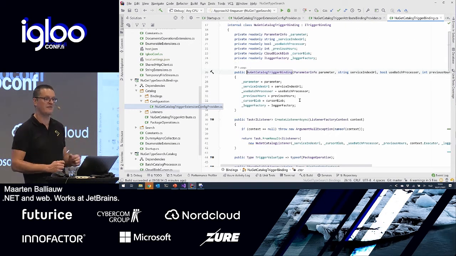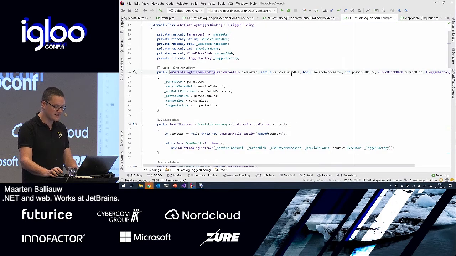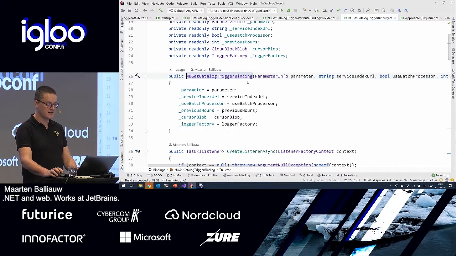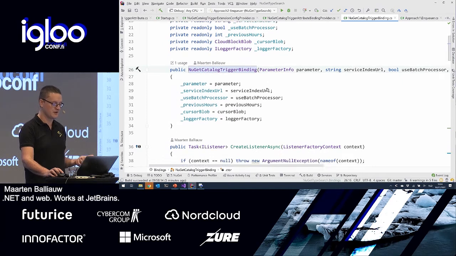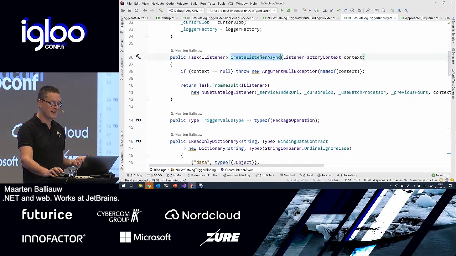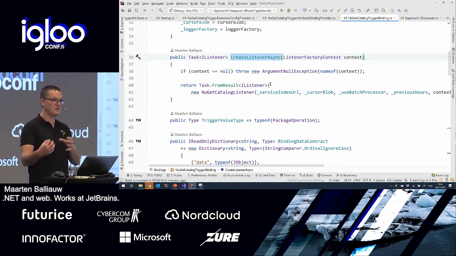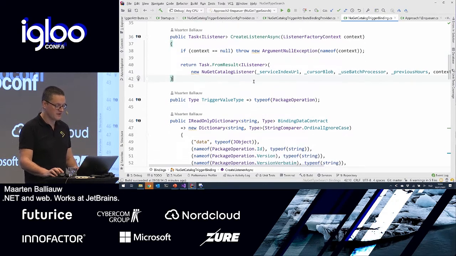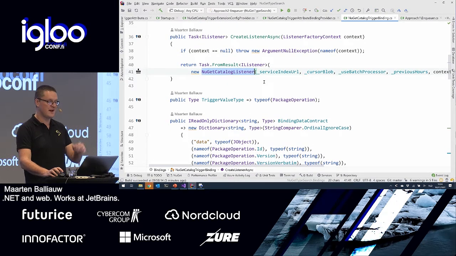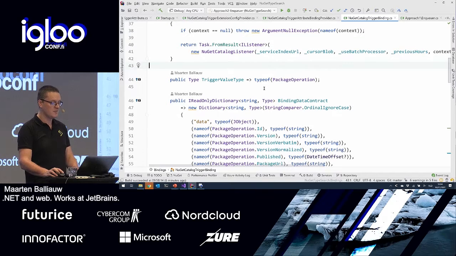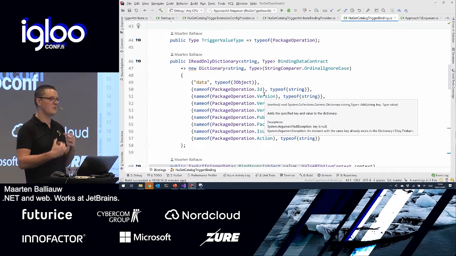This is the actual binding, finally. What our binding is going to do is take in whatever we constructed with, so that's that blob URL to where we want to store the cursor, and it's also going to create a listener for data. This thing is going to create a listener because it wants to trigger a function, so it also has to listen to some data to be able to invoke the functions that we have on the other side, right? So what it's going to do is create a NuGet catalog listener, and I'm going to dive into that one after this small break. It's going to listen and invoke that thing, but it's also going to provide the data contract with the function's